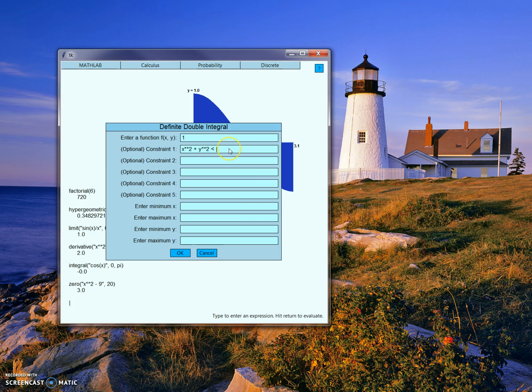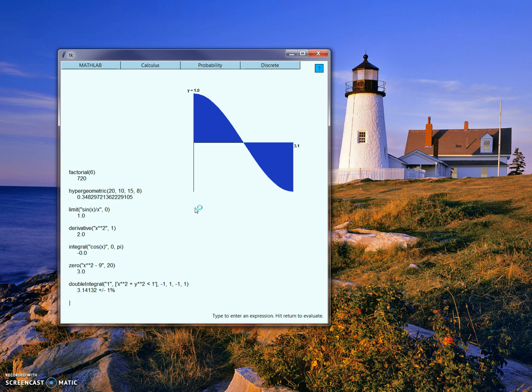And we can skip all of these constraints for additional constraints that we could have for our other functions to describe a more complex domain. Let's describe a bounding box for this domain here, which is just a unit box from -1 to 1 for both x and y. And we press enter,